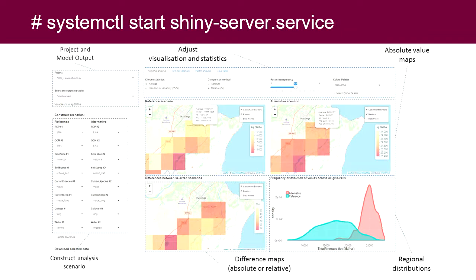The web application that I mentioned, this is a screenshot of the prototype that we're currently working with. And what this is showing is basically what you can do with the application, which is to compare one reference scenario and one alternative scenario. So the top maps on the left and right show